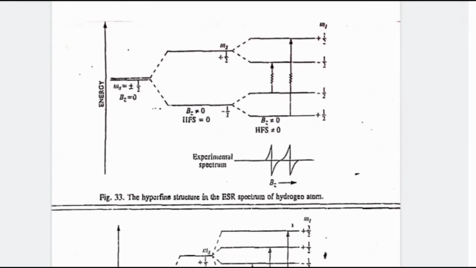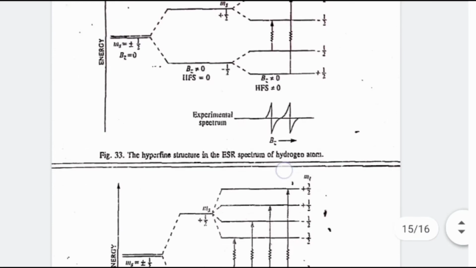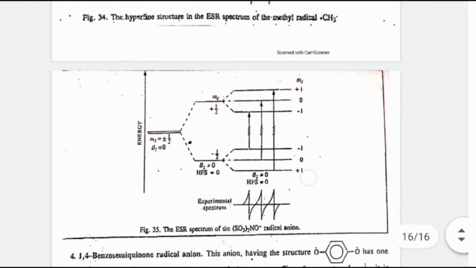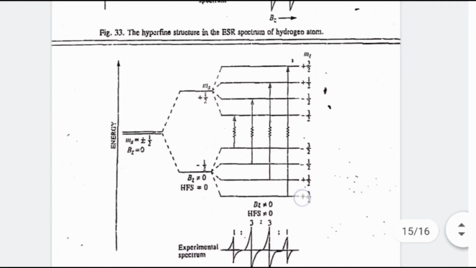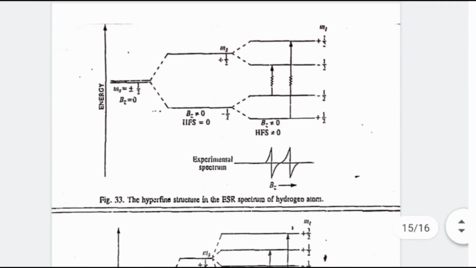So welcome back. In the previous lecture we have seen the spectrum for the hydrogen atom, the methyl radical, and then a nitrogen containing compound. So overall we have seen these three spectra. In the case of hydrogen we get two lines: first the interaction of the electron with the magnetic field causes splitting of energy, and once that splitting has occurred, the interaction of the electron with the nucleus takes place, and overall we get two lines.